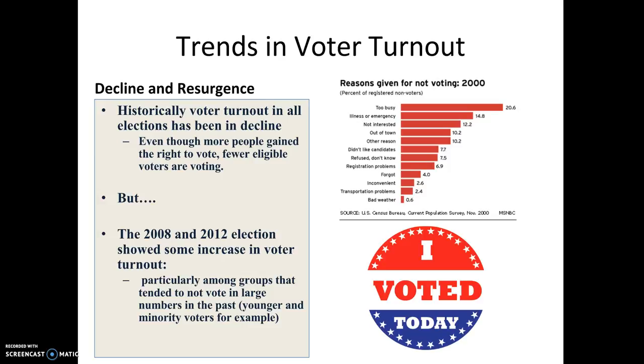Speaking of historic trends in the number of people that turn out to vote, if you look back over the last several decades, a fairly long stretch of time, one thing that stands out is that voter turnout has been in decline. And this is kind of counterintuitive because as we've increased the number of eligible voters through expanding voting rights, you would expect maybe the numbers of people who show up to vote to increase as well, but that hasn't happened that way.